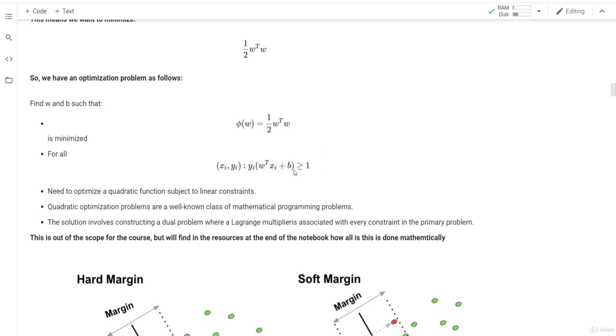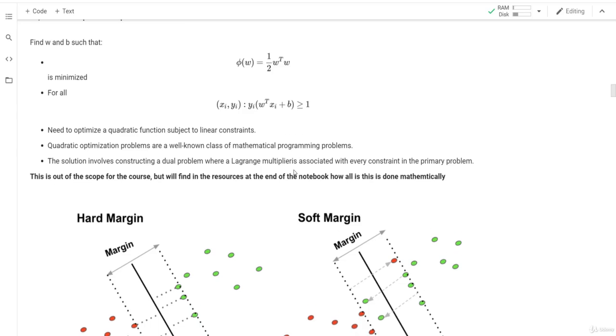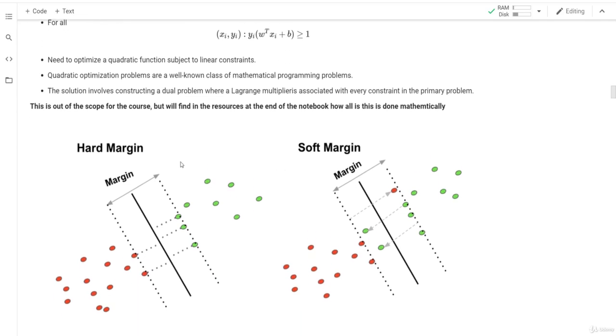But let's now look at the difference between hard margins and soft margins. So here we have hard margins. With the hard margin, we cannot have any misclassifications here or here. We need to have all of them correctly classified. We cannot really have any data points here, and we cannot have any data points here. But if you take a look at the soft margin,